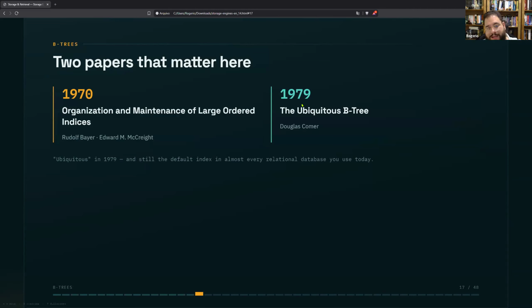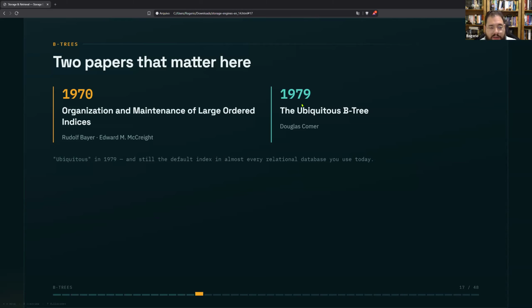But now we'll talk about a pretty old technology. Actually, it's older than LSM-Trees. That is the B-Trees. And just a fun fact, B-Trees means nothing, okay? Literally, there's no meaning behind the B. It's just a name that the authors wanted to call them, okay?